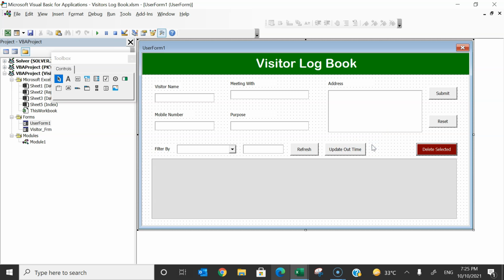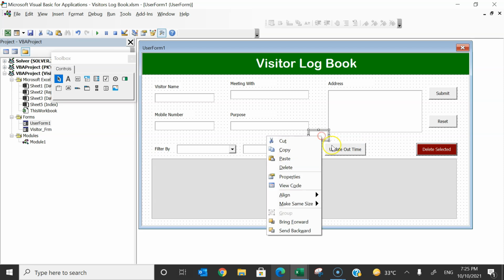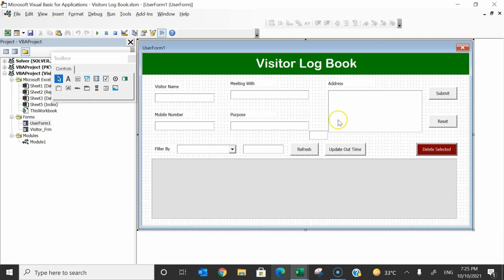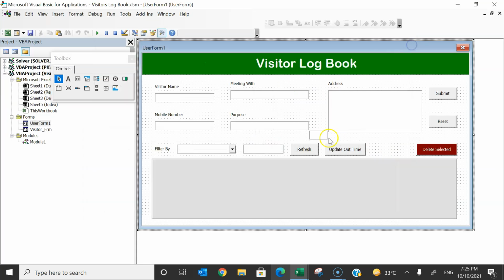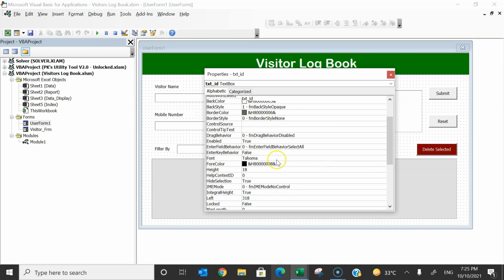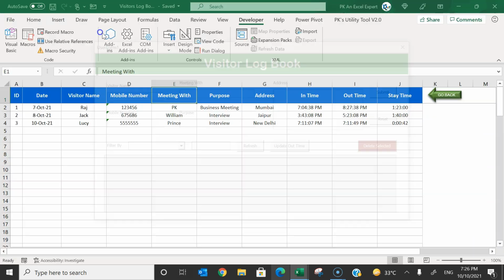Now we have to add a hidden text box to capture the ID. So just copy any text box and put this here, and we can rename this. Right click, go to the properties. So let's take here txt underscore ID. You can rename the other text boxes also, but for now I'm just renaming this one. If I run, it will look like this. For this ID text box, we will make it hidden. So right click, go to the properties, and then go to the visible property, double click, and make it visible equal to false. Alright, if I run, it will not be visible.